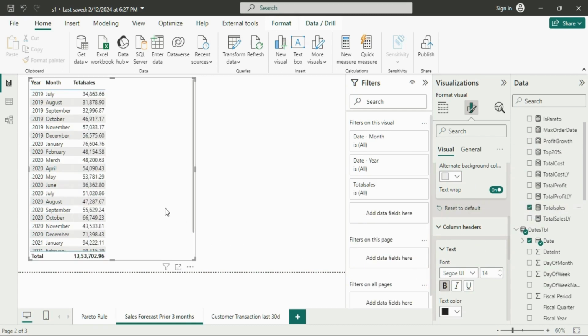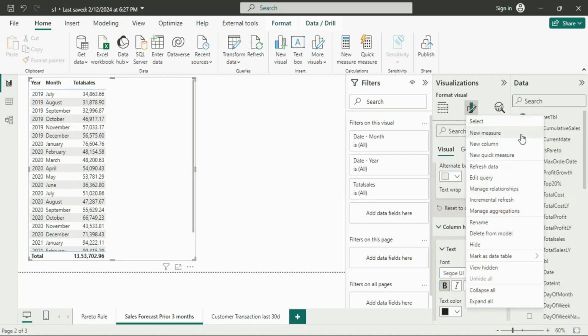So what does this sales forecast based on a prior 3 months average mean? What we are doing here is predicting this October sales based on the 3 months average before it. So July, August, and September sales divided by three. That will predict the October sales. So let's do that. First, create a measure